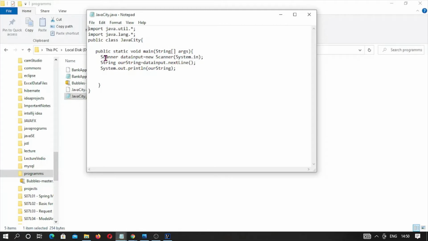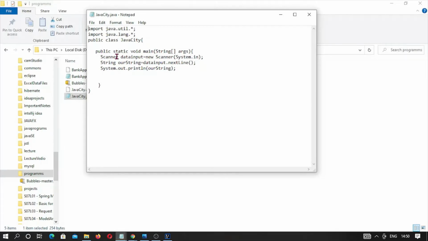Actually, what we are doing here in our project, we are trying to make a project for giving input from command prompt, and whatever input we are giving will be displayed in output. So first we have to make a program to give input. So these two lines are responsible for that.